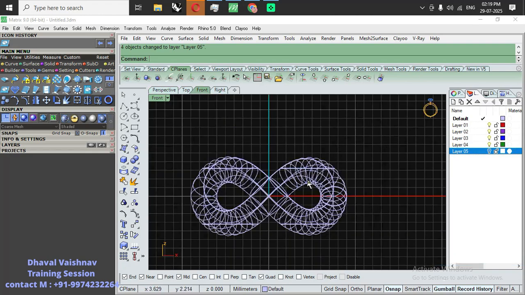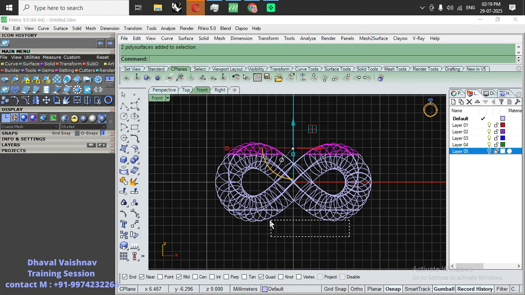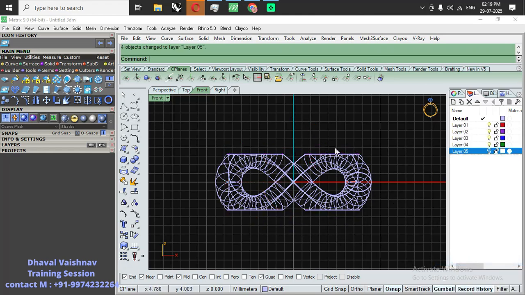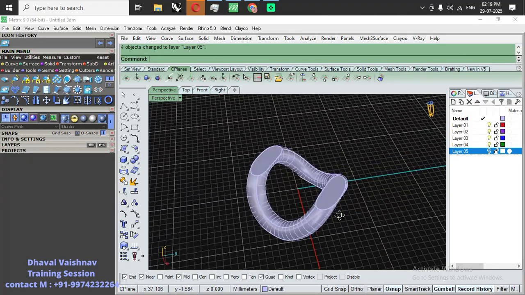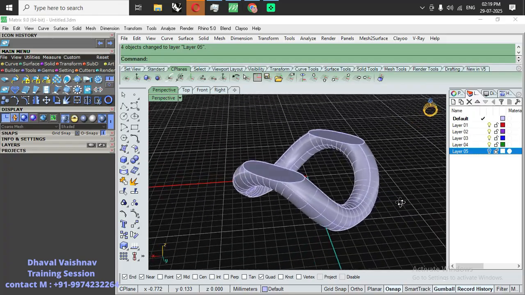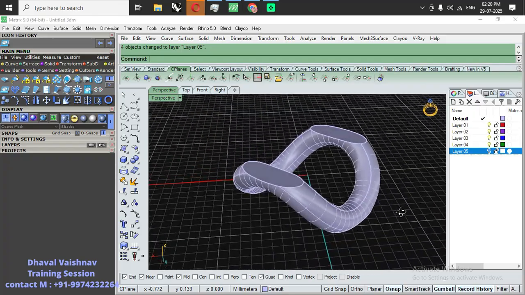Now go to front view and select the top portion and the bottom portion which we have already split by this object. Okay, now we have a flattened surface at the top, and there is one at the bottom. Okay, so